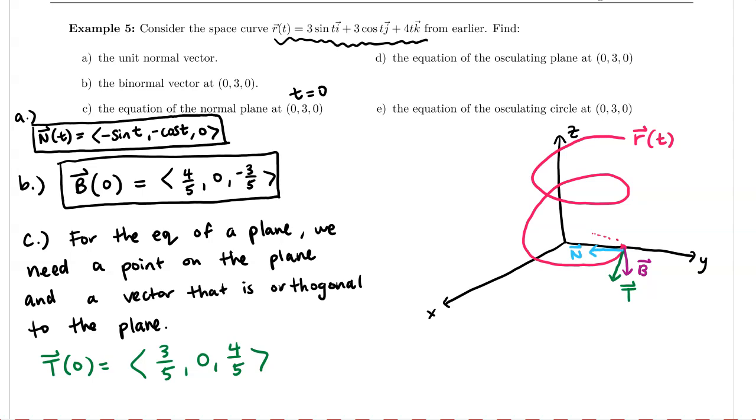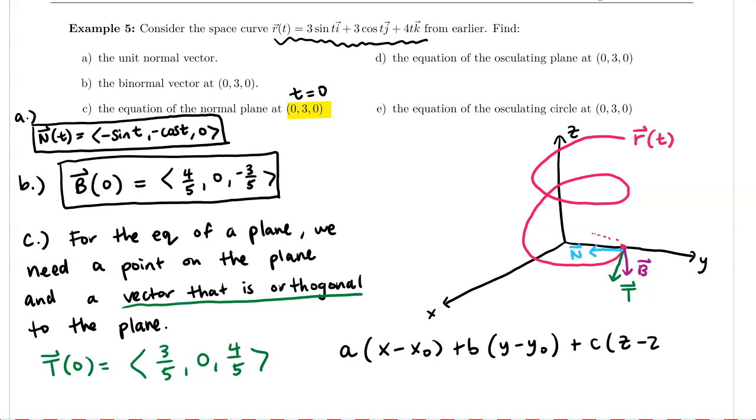So that would be our orthogonal vector. Normally in the context of the plane, we've called it the normal vector, but in this case, I'm going to call it the orthogonal vector so as to not confuse us with capital N. And then I just need an ordered triple that lies on the plane. And because we're evaluating it for t equals 0, we can use this as our ordered triple. So let's remind ourselves what the equation of a plane is. It was a times (x minus x naught) plus b times (y minus y naught) plus c times (z minus z naught)